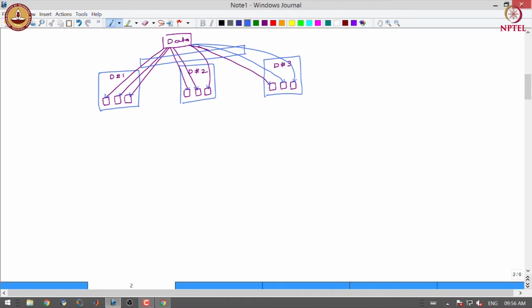There can also be a single machine strategy which uses central store.